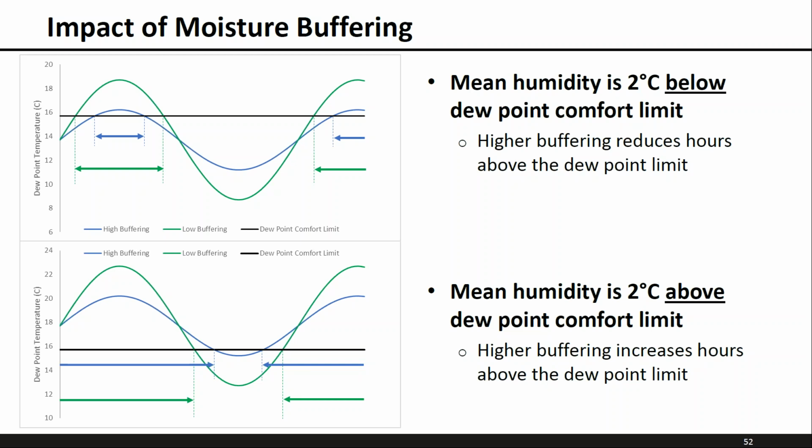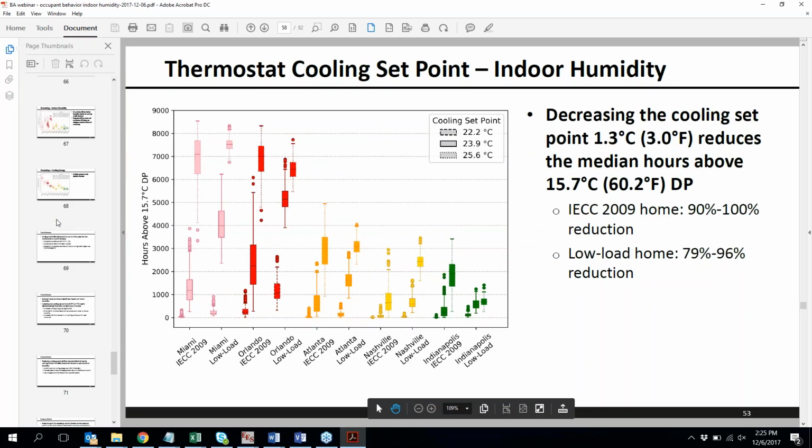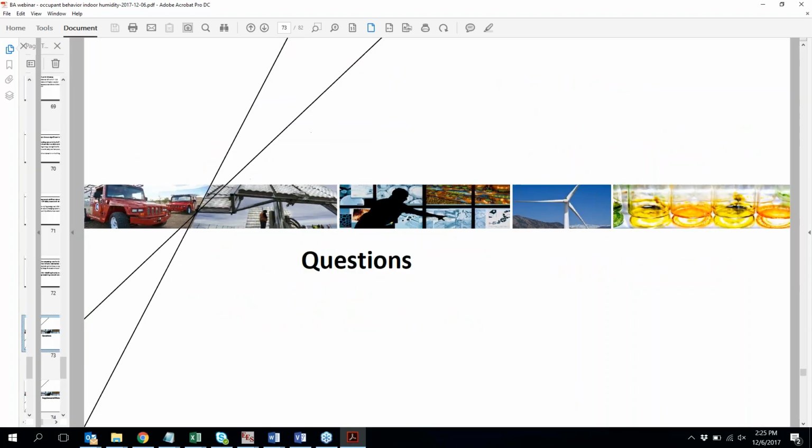That's a good question. I believe that the latent degradation model we used assumes that. I'm not 100% certain, though. It's been a while since I've looked at it. But I think that is the correct assumption, and that any moisture that was evaporated had the same amount of sensible cooling associated with it.